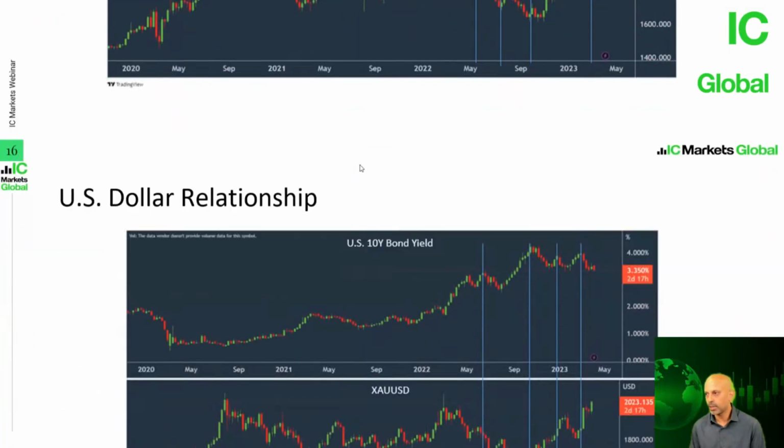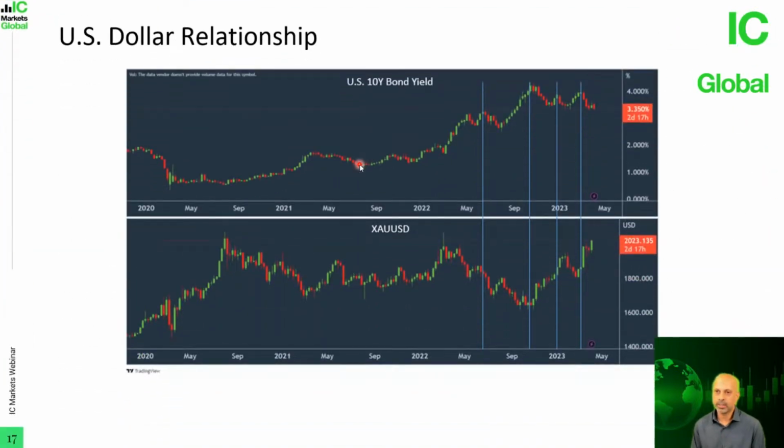Right. Then we also talked about the relationship with the U.S. government 10-year bond yield. So when you have an environment where the value of the U.S. dollar is rising and the U.S. 10-year bond yield is also rising, this puts great pressure on gold prices, because not only is the value of the dollar rising, but because government bond yields are rising as well, investors are likely to buy bonds as well as a better hedge against inflation.